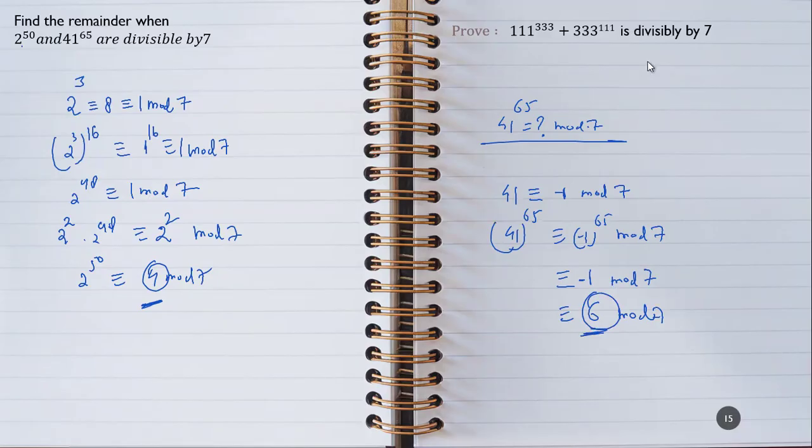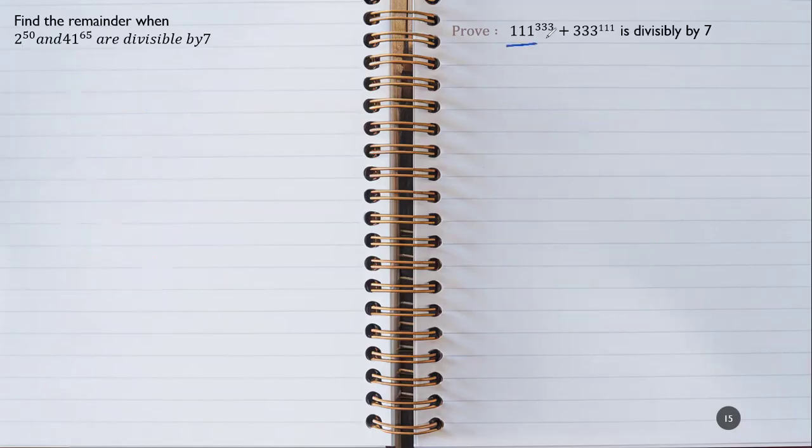Now come to the question, this concept: 1111 to the power 3333 plus 3333 to the power 1111. I need to calculate individually for both the numbers. I want you to solve this first, then I will tell you. Please pause the video and try on your side and check what number is coming. I hope you have done this one.